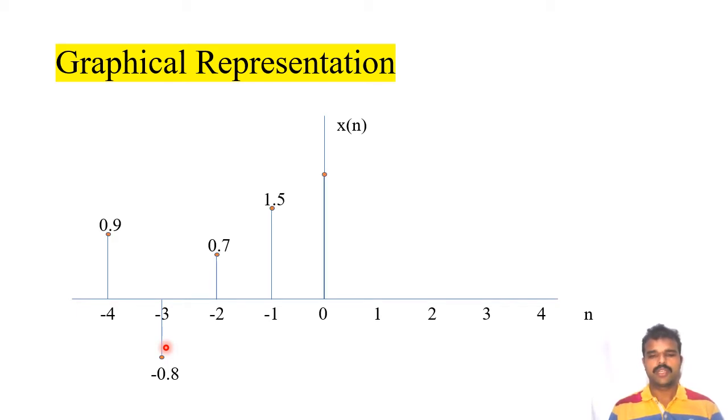Okay, at n is equal to 0 it is 2, correct, and at 1 it is some 1.7, and at 2 it is 1, like that. Okay, so on and so forth. So this is the way we represent a signal graphically. So look at how much the signal is at every n value, and usually we use stems like this. Okay, this is how it is usually represented.